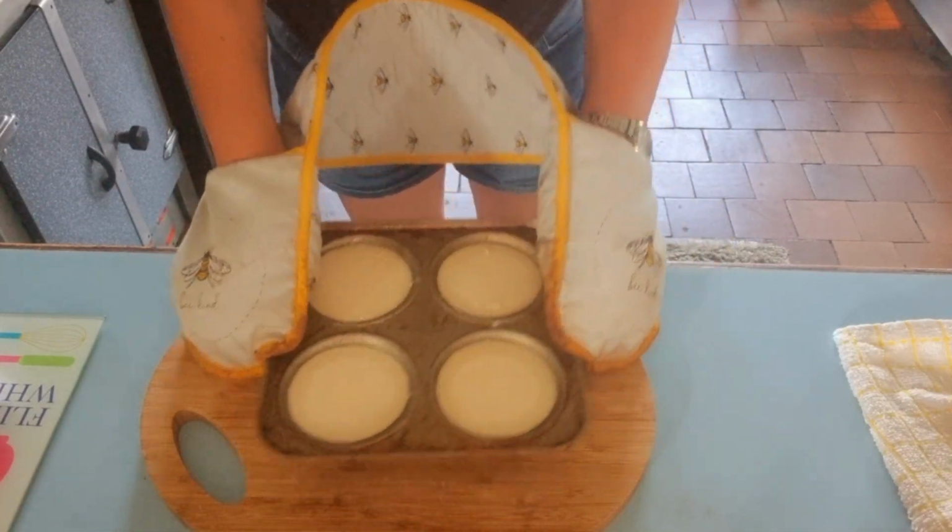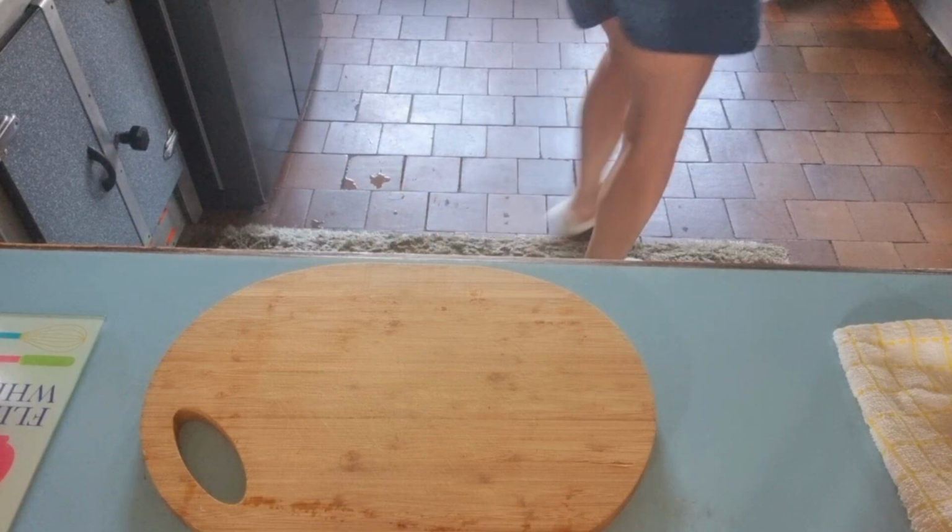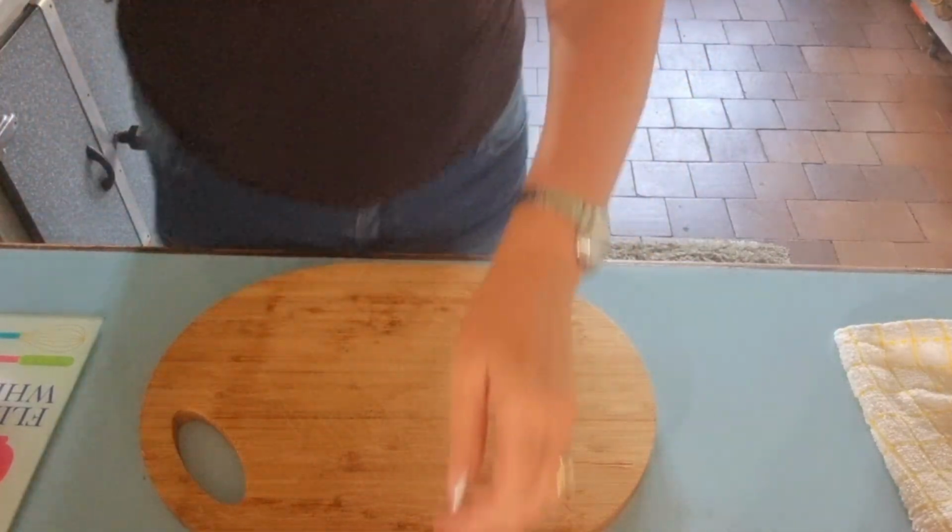The potatoes are on, the veggies on. So I've put my timer on for 20 minutes. So everything should be ready in 20 minutes. So once I've dished up, I'll show you what my beef dinner looks like. Oh God, I'm so looking forward to it. And then what I'm going to do, when I've had the beef dinner,